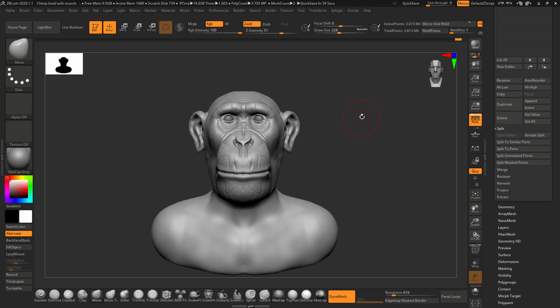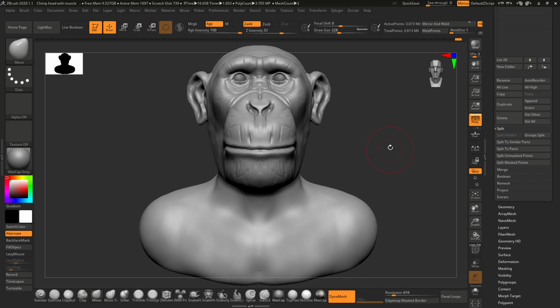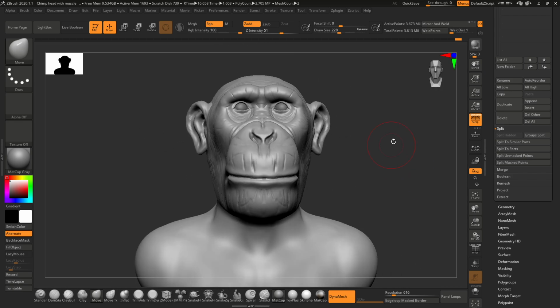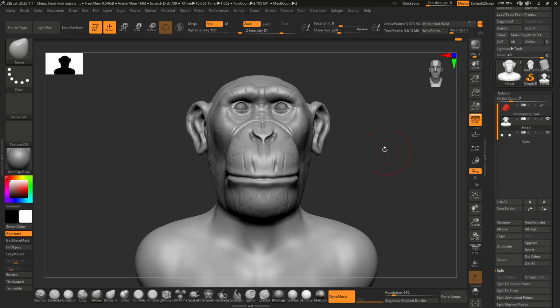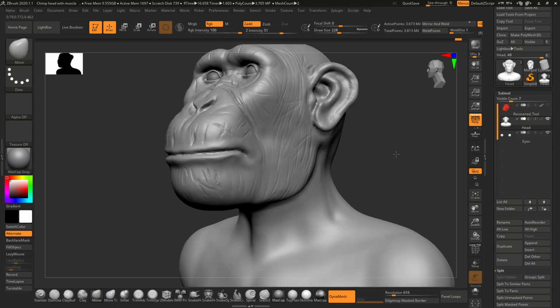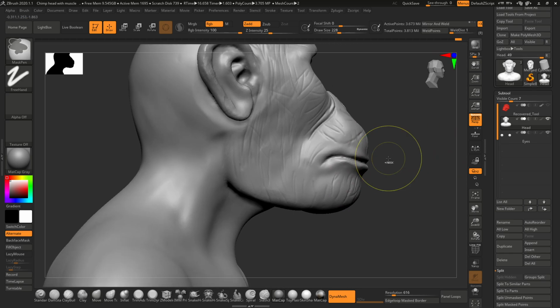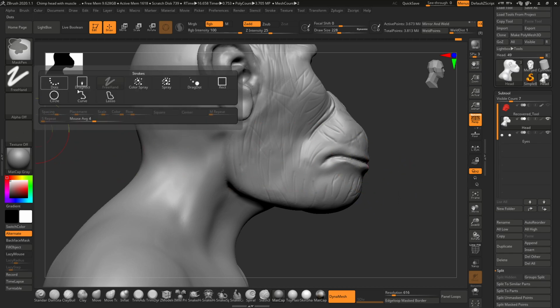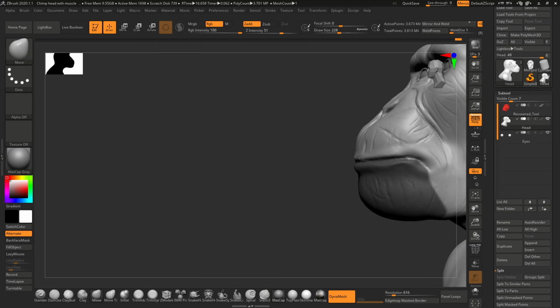So now before adding more details in this, I'm going to do the retopology so that I can add the final details without any problem. So before doing that, I will first create the cavity of the mouth, so in case we want to open his mouth, it will be easy for us. So I'm just going to select